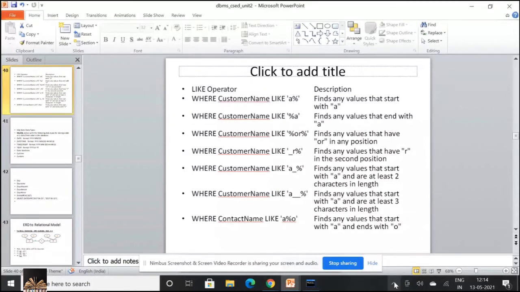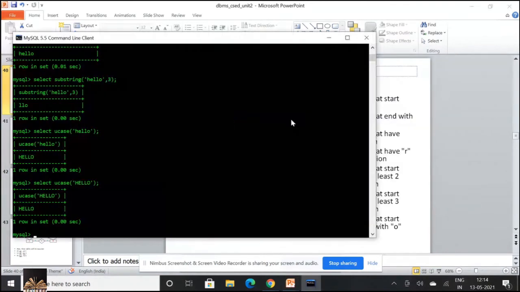See, WHERE customer name LIKE 'A%' finds any values that start with the character A. And if instead I put '%A', then it finds any values that end with A.